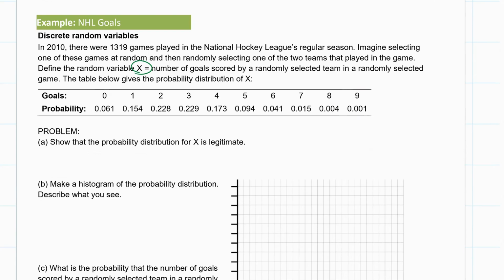This is a discrete random variable in that there are gaps in between. How would we show that this probability distribution is legitimate? Well, we'd ask, what's the probability of the sample space? Well, it would be